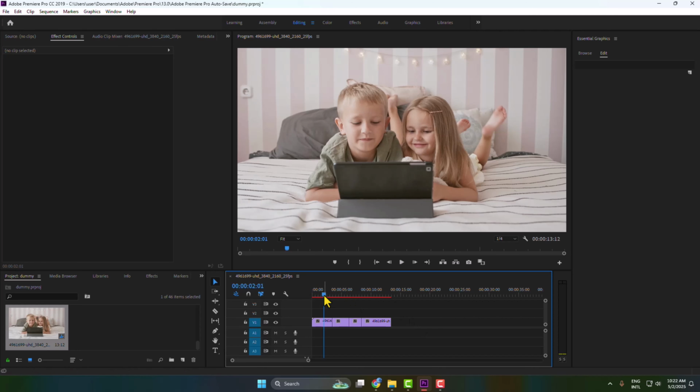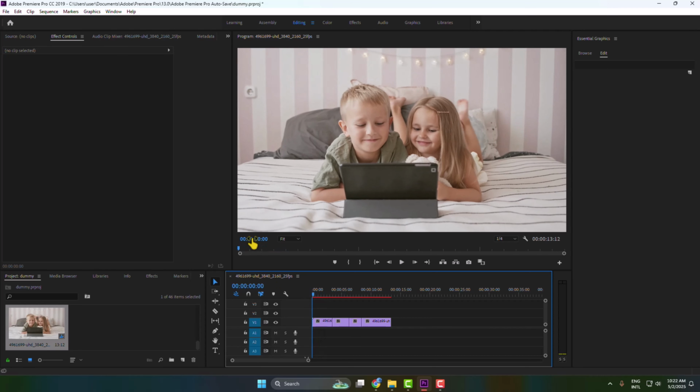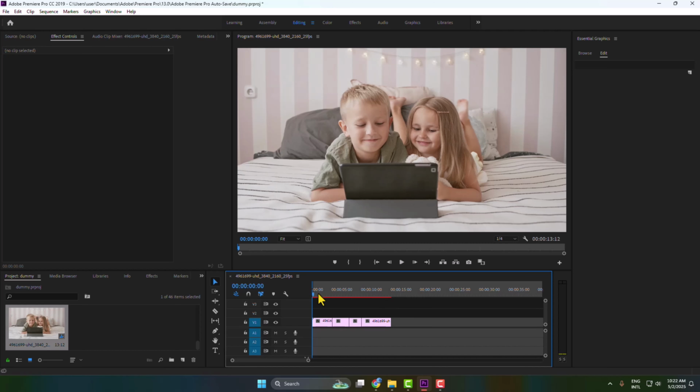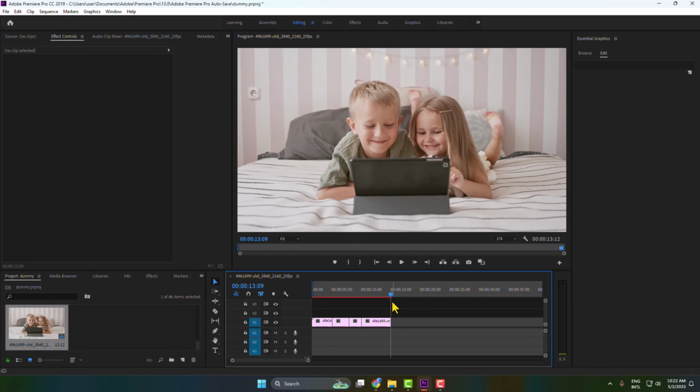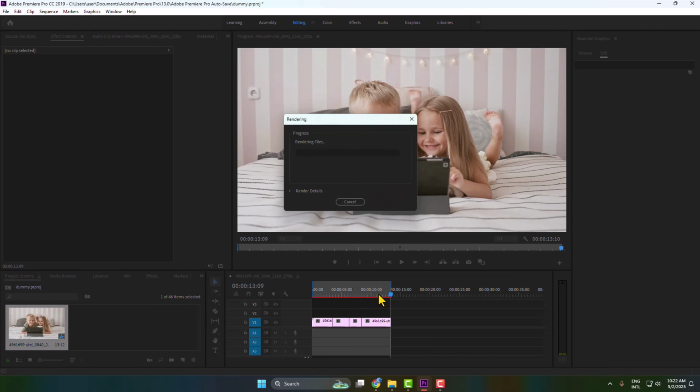So you have to move this playhead to 0 seconds and then press the I key on your keyboard, and then move your playhead to the end of your clips or project, and then press the O key on your keyboard. Once you have successfully selected your timeline red line area, now just hit Enter and your selected frames will be rendered in just a few seconds, or